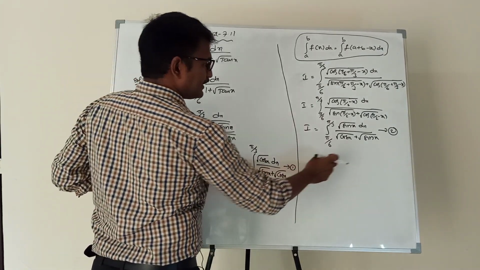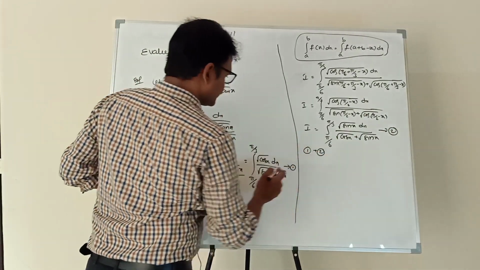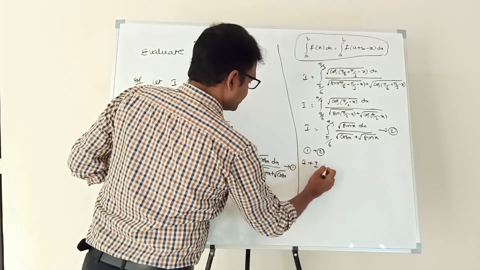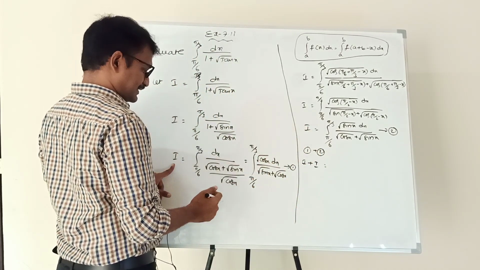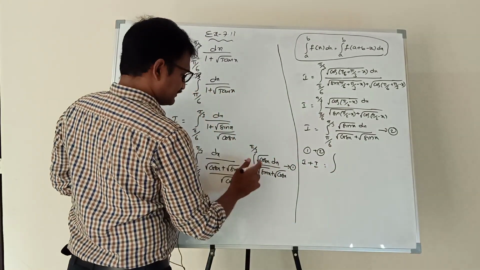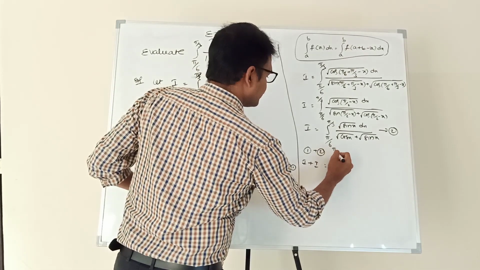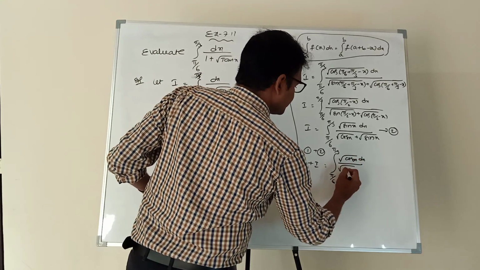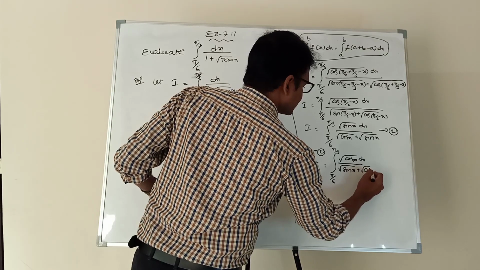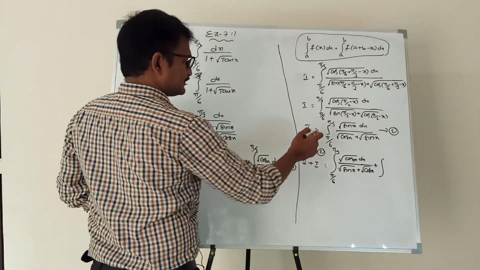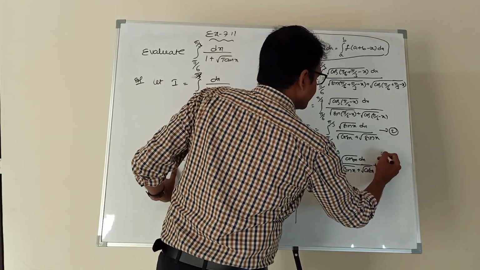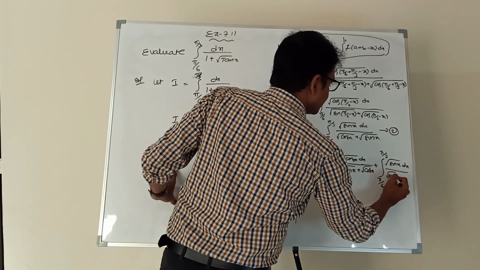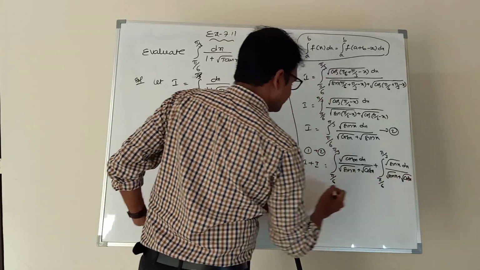Now adding equations 1 and 2. On the left hand side, I plus I. On the right hand side, equation number 1 gives the integral from pi by 6 to pi by 3 of root cos x dx by root sin x plus root cos x, and equation number 2 gives the integral from pi by 6 to pi by 3 of root sin x dx by root sin x plus root cos x. So 2I